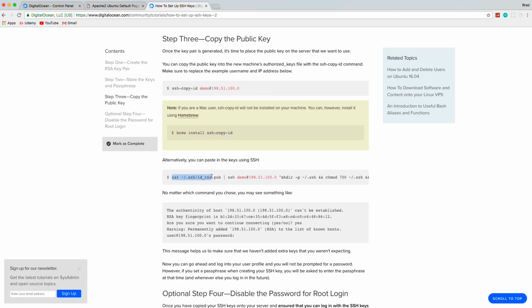So basically this is one long command, or a couple commands, that is going to first take the content of the public key file. It's going to SSH into your server. It's going to create a .ssh folder on your server, change the permissions, and then it's going to put whatever is in that public key file inside of a file called authorized_keys. So this one line is going to do all that stuff for us, and this will be in the gist